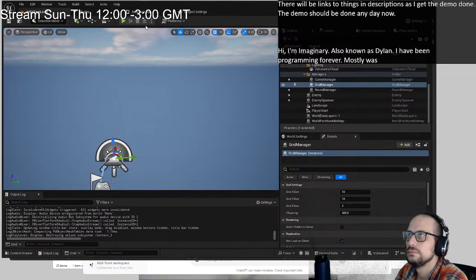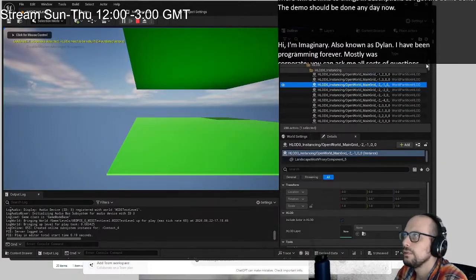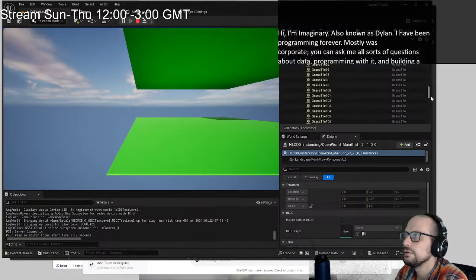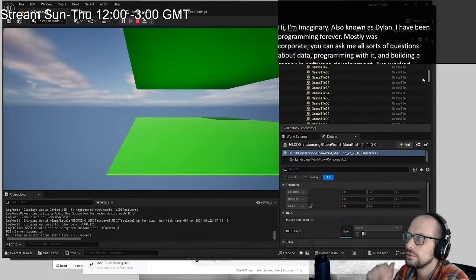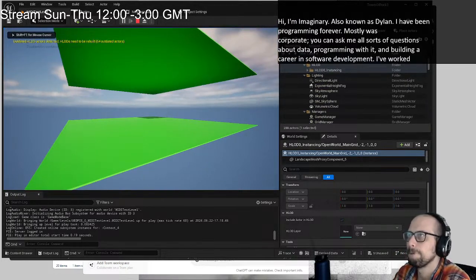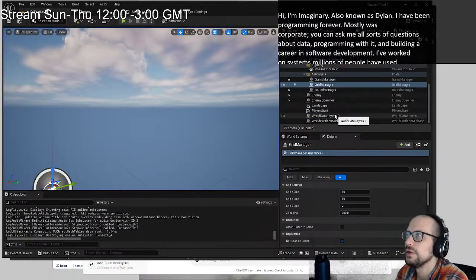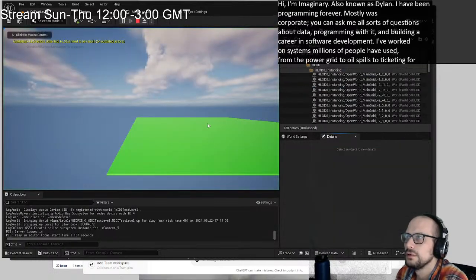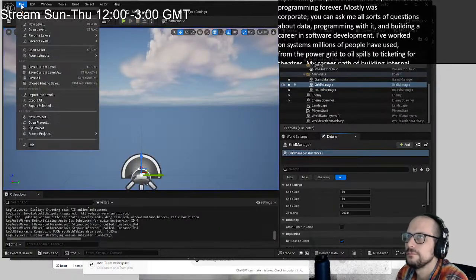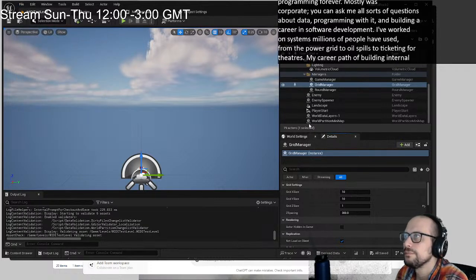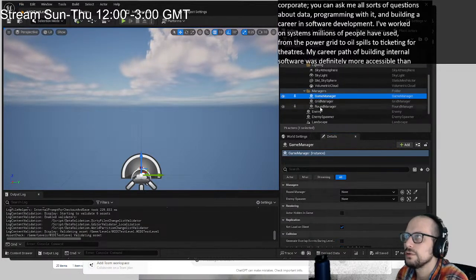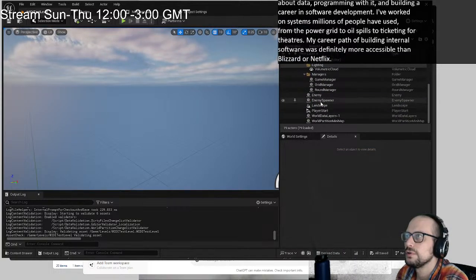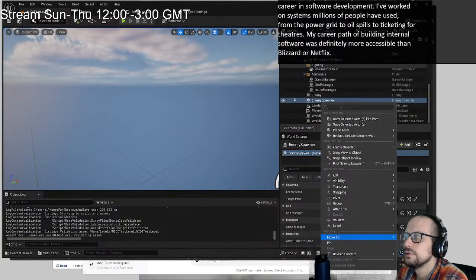And oh, how many are here? Okay, so it's 200 tiles. Great. I'm in 2 layers instead of 1. I thought I set this up to be just 1, but let's try that. Okay. Save all. And then we've got a game manager, grid manager, round manager, enemy spawner, enemy spawner,